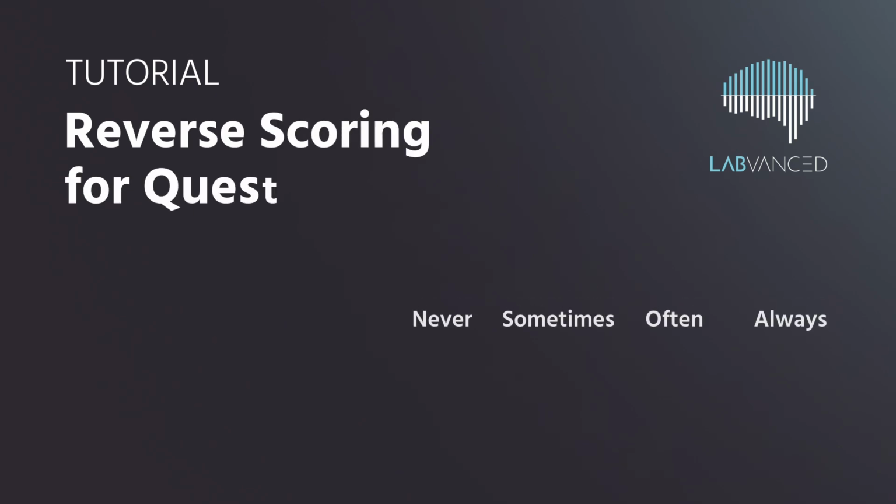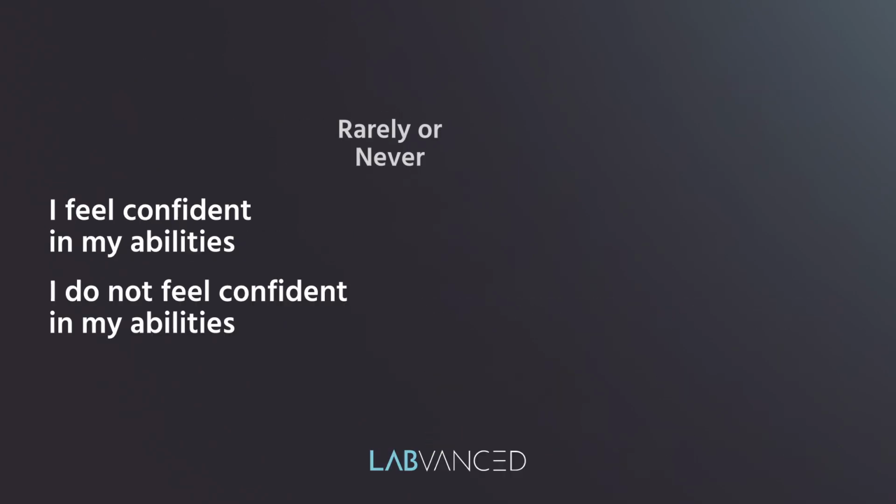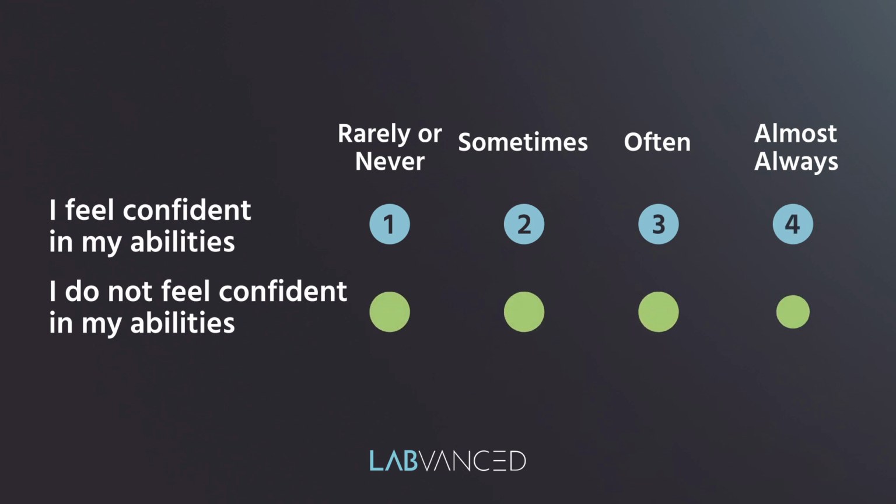Reverse scoring for questionnaires in Labvanced. Reverse scoring is used when some items in a questionnaire are phrased in the opposite direction of the main idea being measured. It helps adjust those responses so they align with the overall scoring pattern. In this video, we'll see how to implement reverse scoring in Labvanced using a simple arithmetic operation using the event